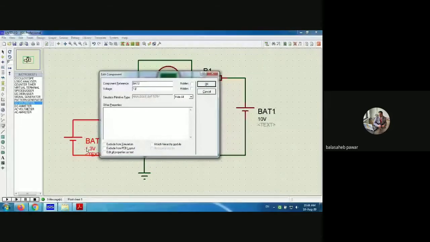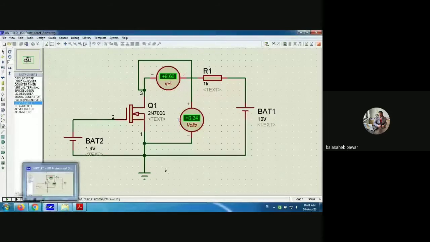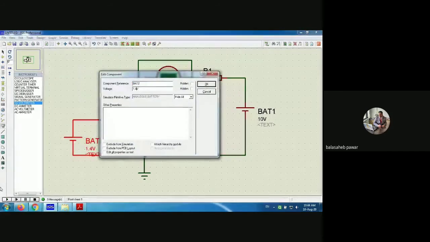And again note down what is happening with the output. Now see, the current increases to 9.66 milliamperes, and the voltage drop across that transistor comes down to 0.34 volt only, right? Note down all these three values: 1.4 in the first column, 9.66 milliampere in the second column, and in the third column, that is for VDS, 0.34 volts. Now from 1.4 to 1.5.